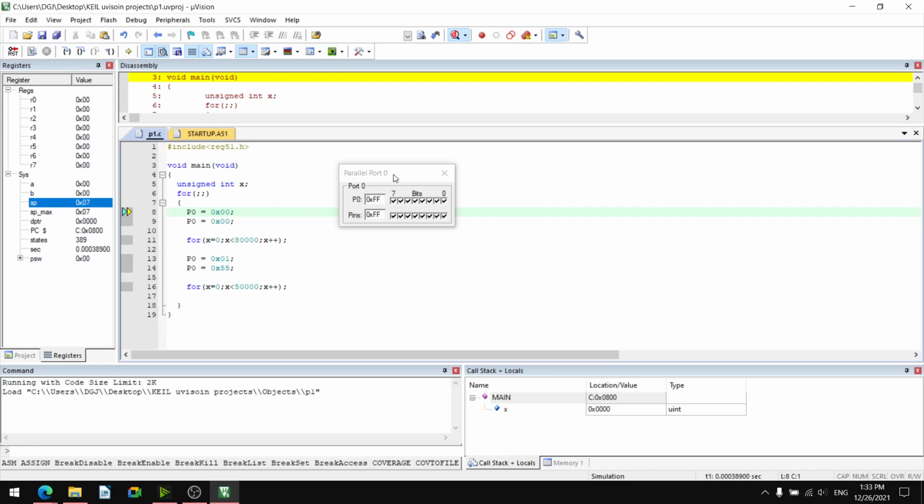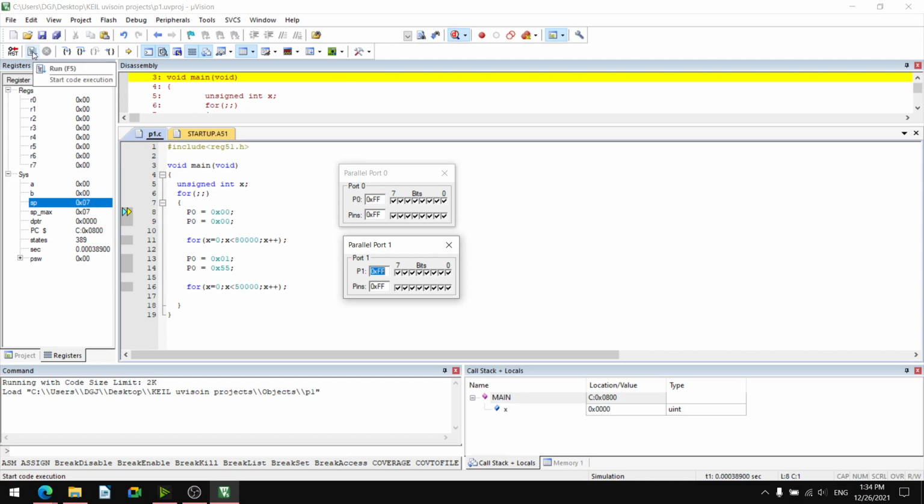So parallel port 0 is there. We'll take port 1 also. So this is port 1. Both ports are visible now. I will run now. Run the program. Oh, I have not done it for P1. I have not changed it as P1. I will stop here.